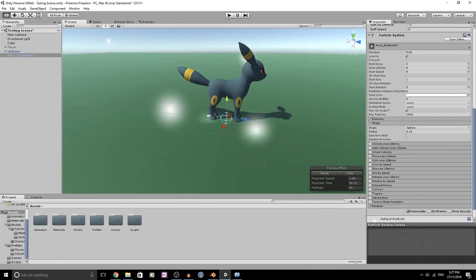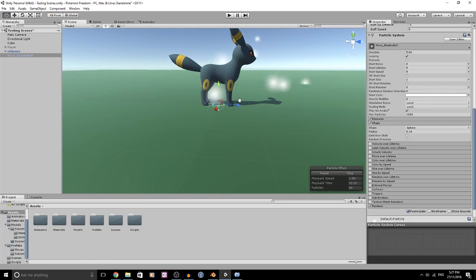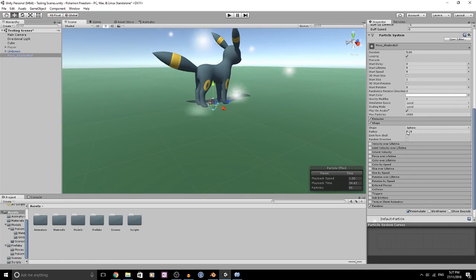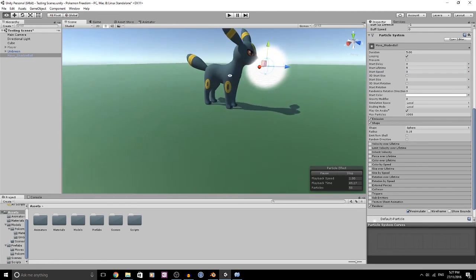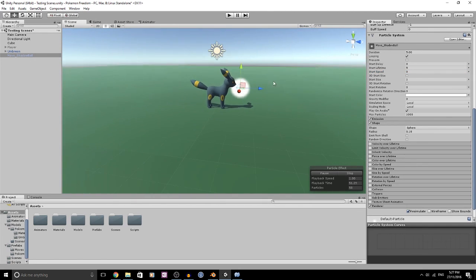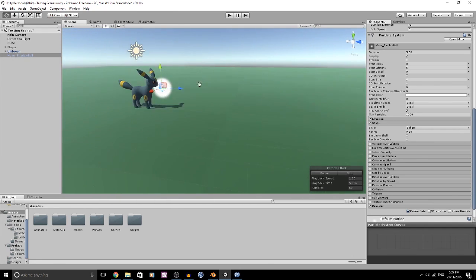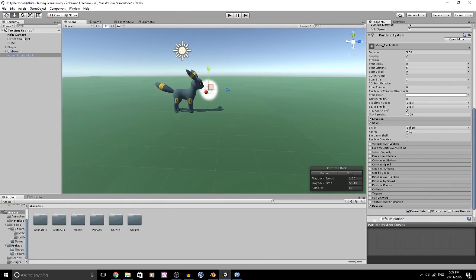Actually, I've seen a pretty good tutorial that would be basically perfect for this. Which from the shell, have them have a random direction. But we don't want these to have a start speed. We drop that down to 0. So now he has a glowing ball. And you could basically use that for anything. If you were to just do a